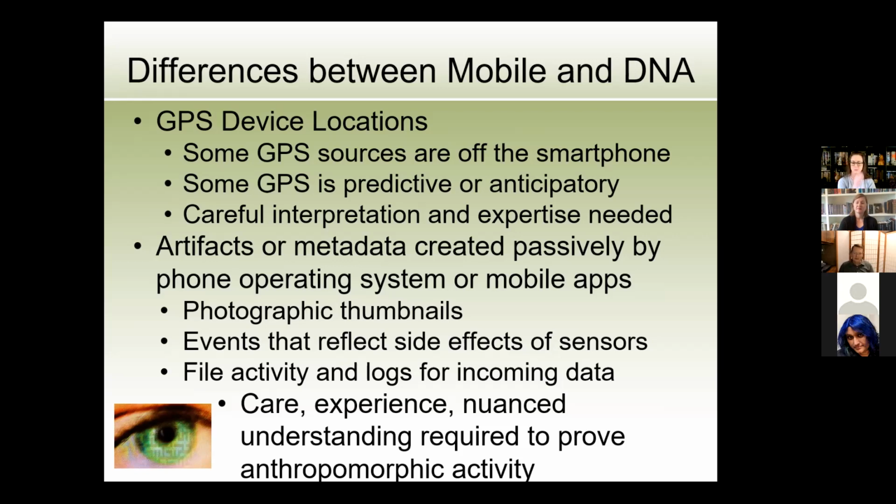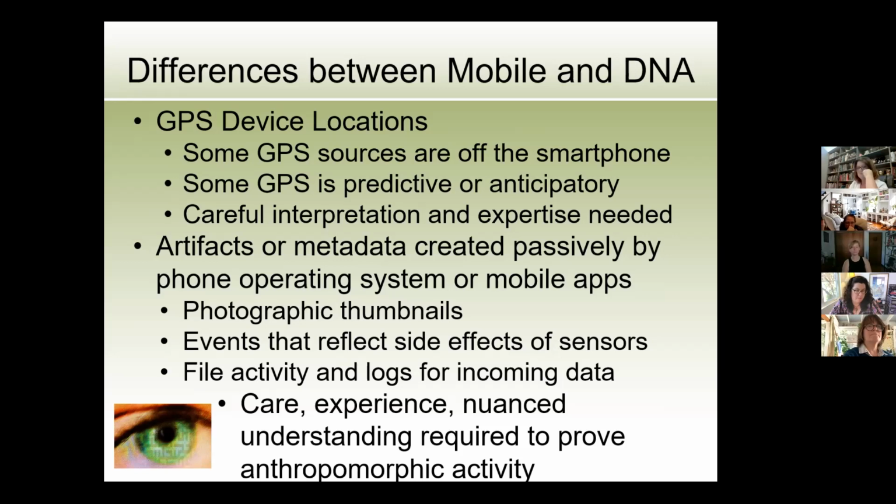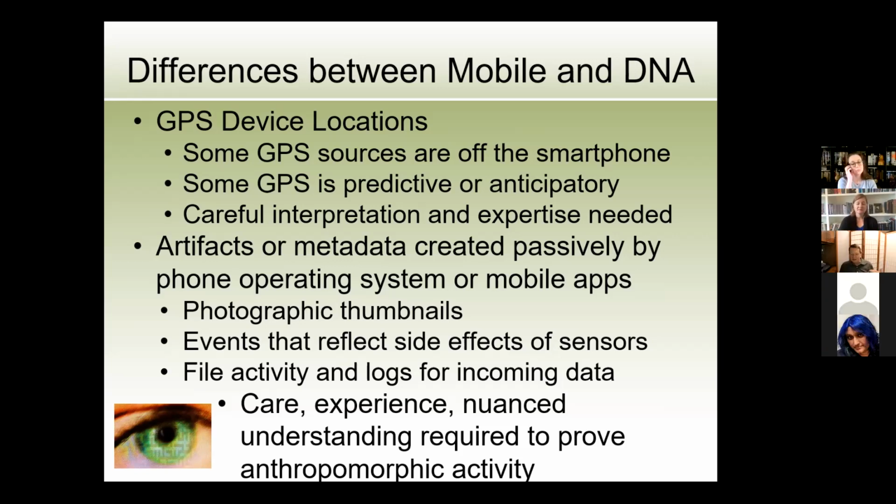And so we're constantly aware of that and can, in our reports, our findings to the court, we've got to be very careful to make certain that what we find ties to user activity and not the operating system doing its shtick. These phones are like little animals. They're alive. They're doing stuff and they're doing smart stuff and they've got AI in them now. And they're trying to guess what's going to happen next because they're trying to be smart. And you don't want to be ascribing evidence to a phone or to a user when actually the phone was up to that particular activity that caused that phone evidence to be stored. So it's something to watch for.